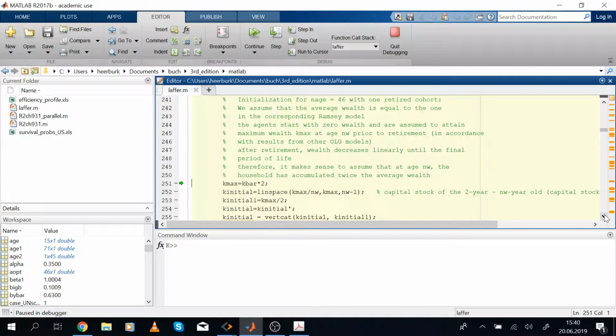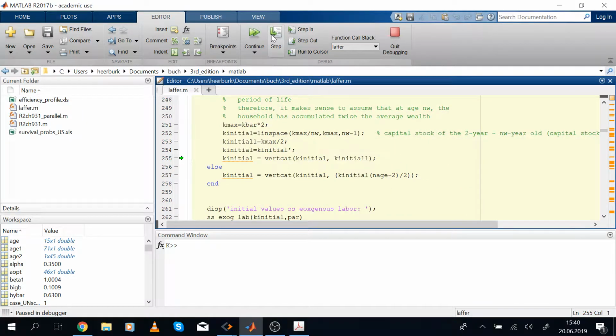This means that if we assume, for example, a linear increase over a lifetime of the capital stock, it makes sense to set the final wealth at age 64 in the final period of the working life to twice the capital stock of the Ramsey model, and assume that they linearly increase their savings over the working life and also linearly decrease it over their life as a retiree. And as a consequence, our initial capital stock is specified just like in our variable K